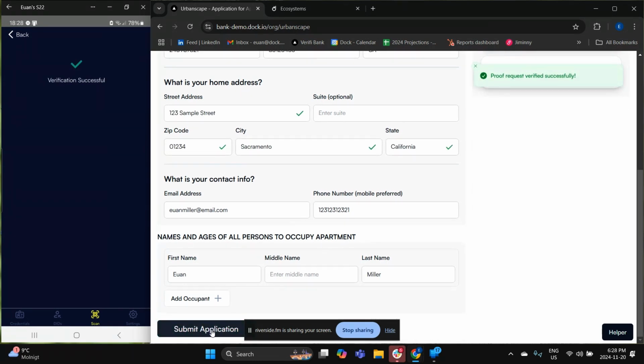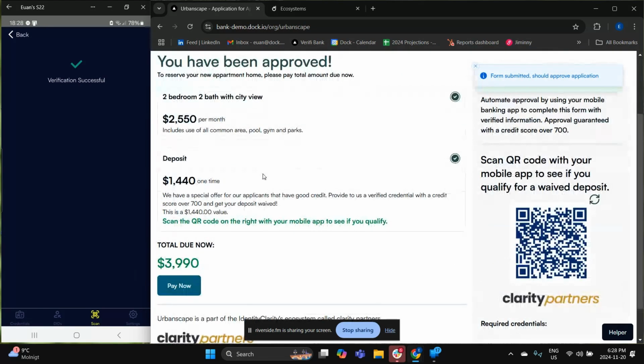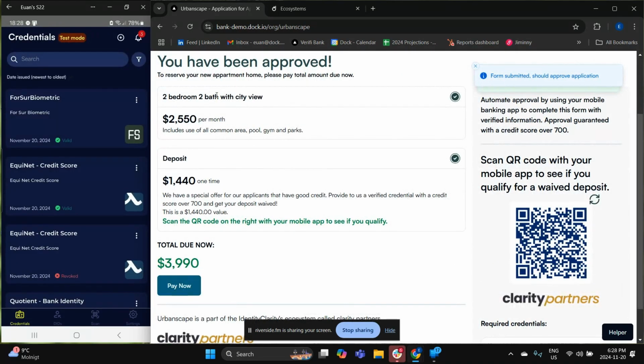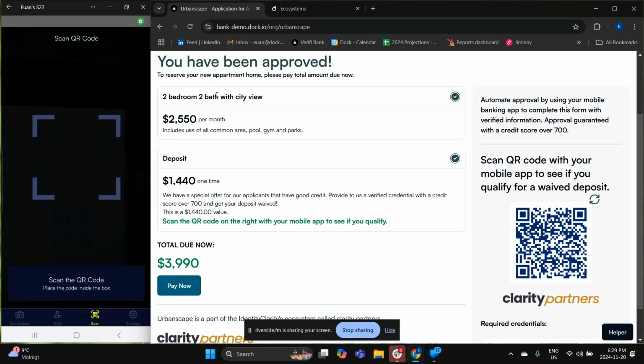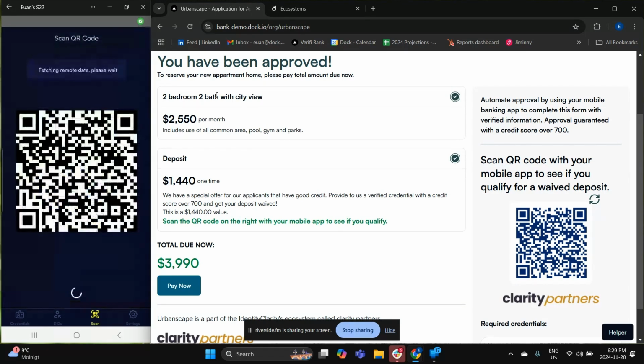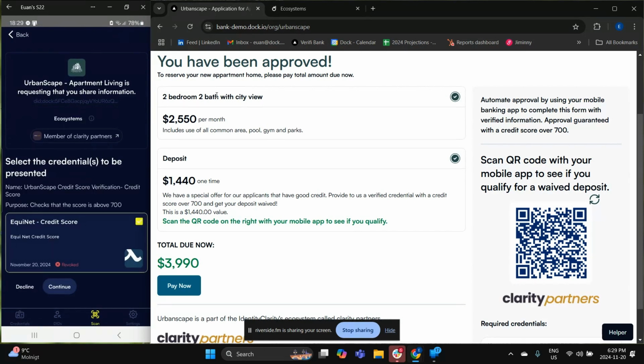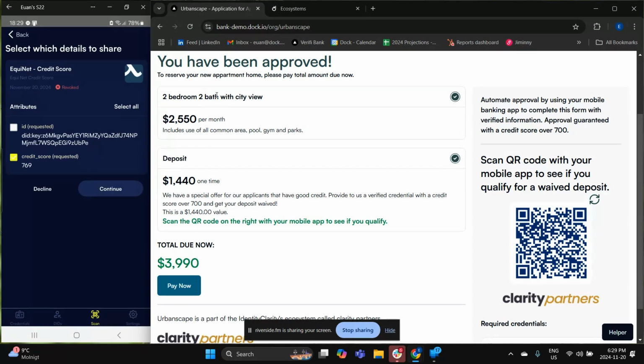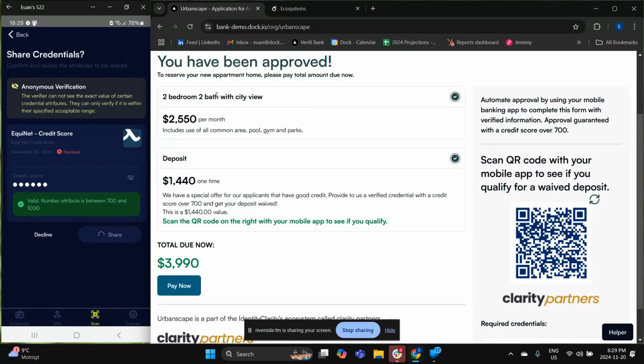So I can move on to the next part of that process. If I try to then use that revoked credential, it's just said, if you have a credit score over a certain amount, you can get a lower deposit. If I try to use that, then it will recognize that credential's been revoked and you can't use it. It does take, in a test environment, about 10 or 20 seconds, because it has to hit the revocation registry and come back. But ultimately, it will say verification failed and you can't move on to that next step of that journey.